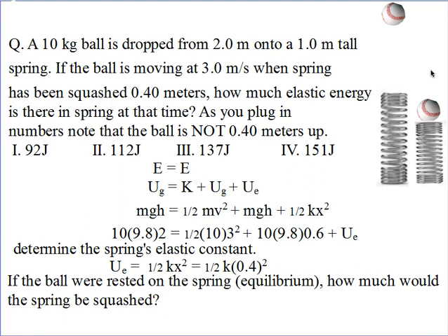The weight of the ball and the force of the spring are equal, and that's exactly the approach that you would take, that the force that the spring pushes upwards is equal to the force that the ball pushes down. Those two forces adding to 0, we've got equilibrium. Here's the formula for the force of the spring. Notice I leave the minus off because all the minus is about is the fact that it's a restoring force. That is, that the force is in the opposite direction to the deformation. But what I want is that the magnitude of the force in the spring is equal to the magnitude of the weight. And you have the value of K from this problem here. So X is your only unknown, and you fill that in.